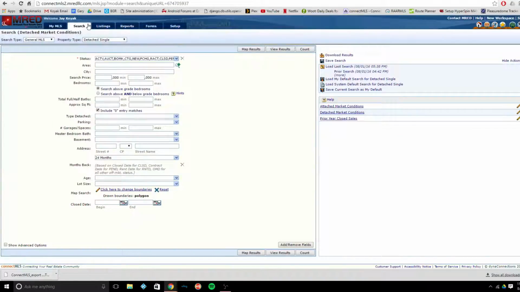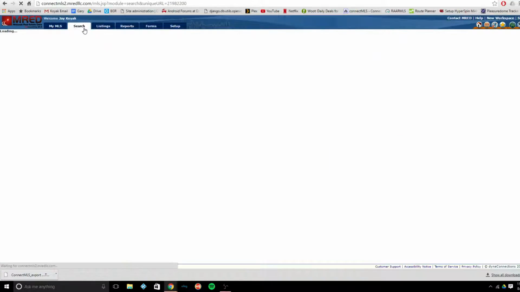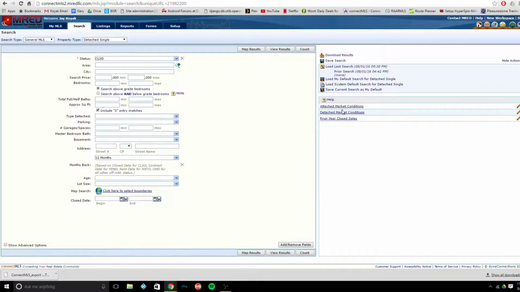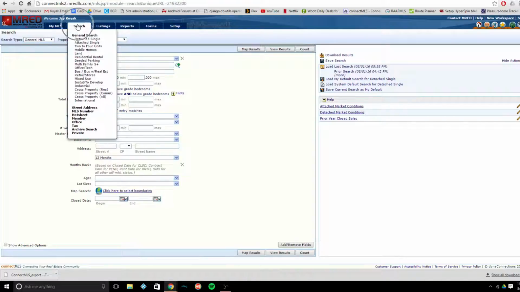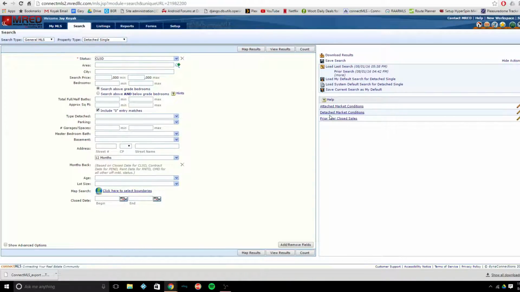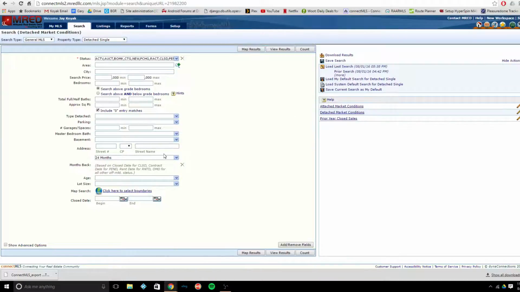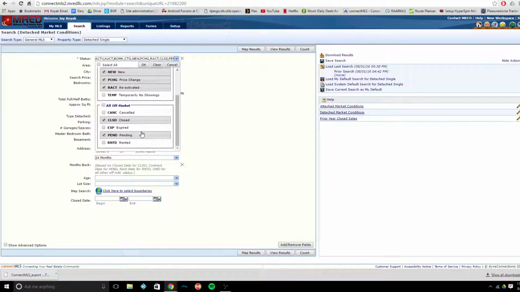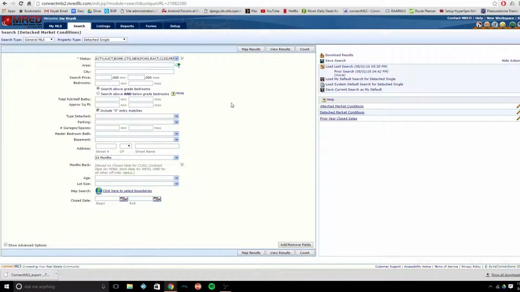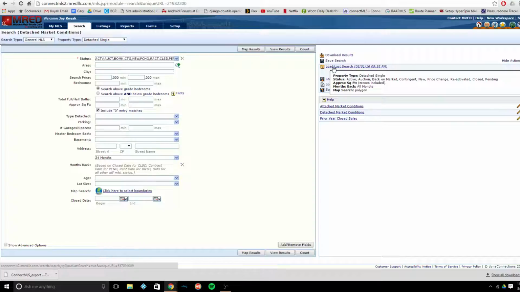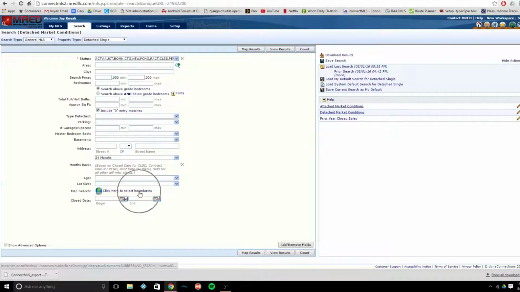In order to get to your main search screen, we're going to come in and hit detached market conditions. So start with search, then detached market conditions. If you're working attached, hit attached market conditions. And once you pull up this analysis, you'll bring up your 24 months, all actives, and closed pending sales. And then you'd want to hit the map,